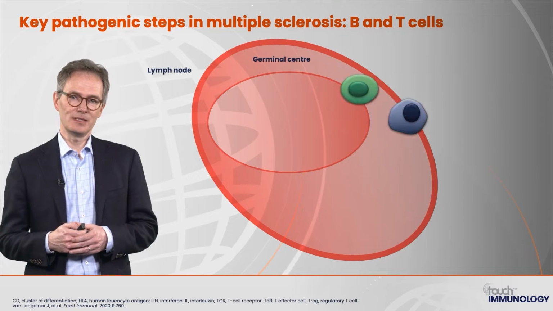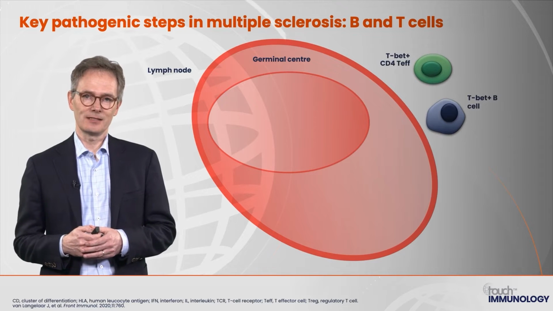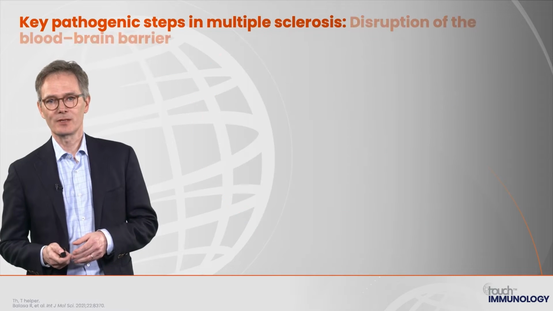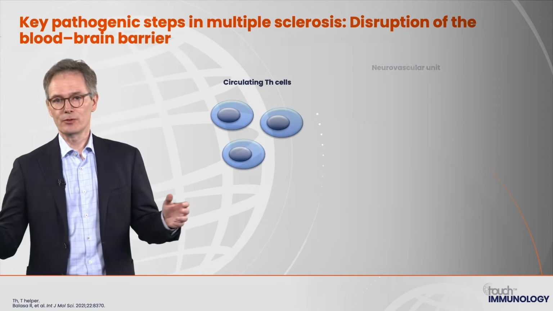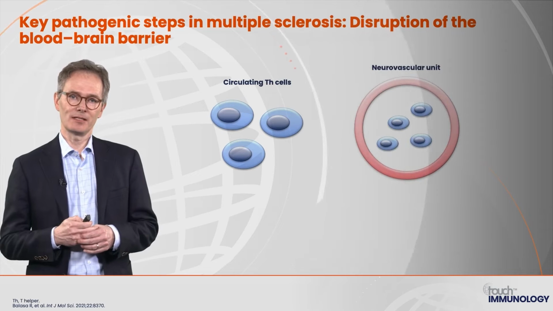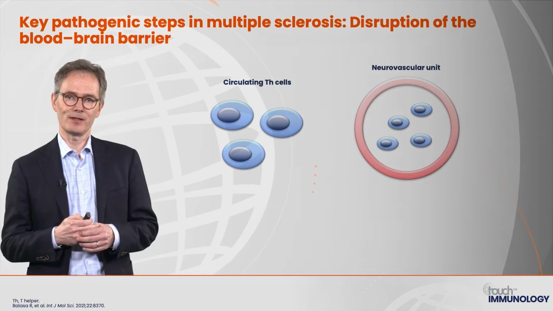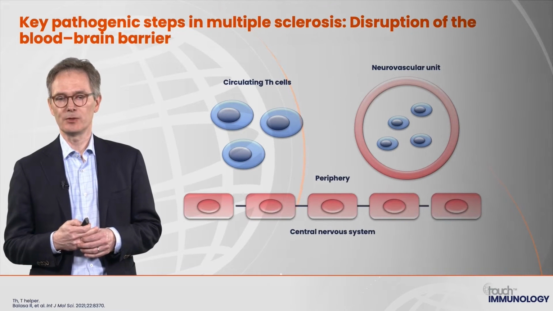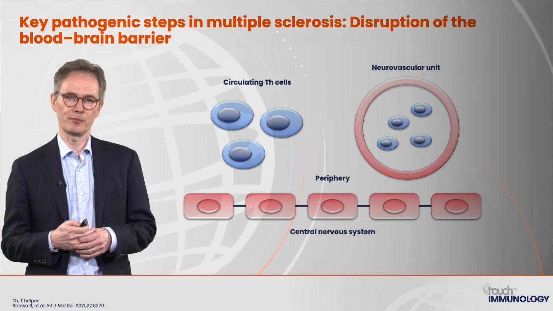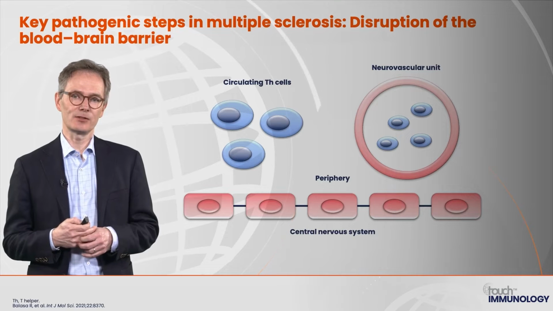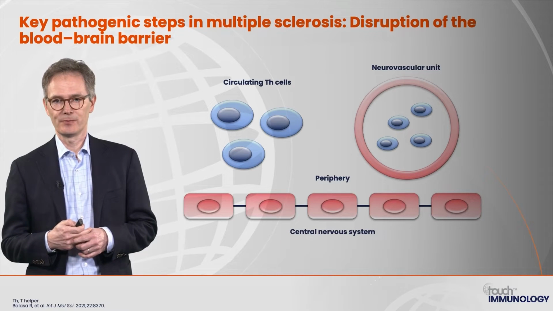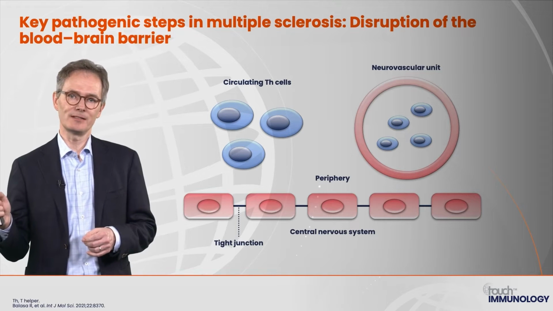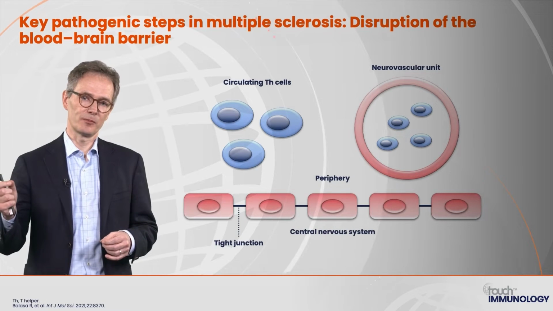Once the T cells and B cells are activated, they can exit the lymph node, go to the bloodstream, and search for their antigen. They can go, of course, everywhere in the body, but if they go through the brain, they find there the blood-brain barrier that is normally closed for immune cells. That's one part of the immune privilege of the brain, that T and B cells cannot easily enter into the CNS. There's a tight junction that connects the endothelial cells and prevents the migration of immune cells from the blood